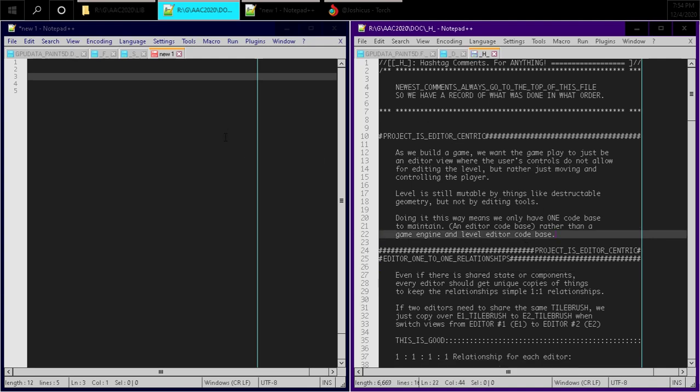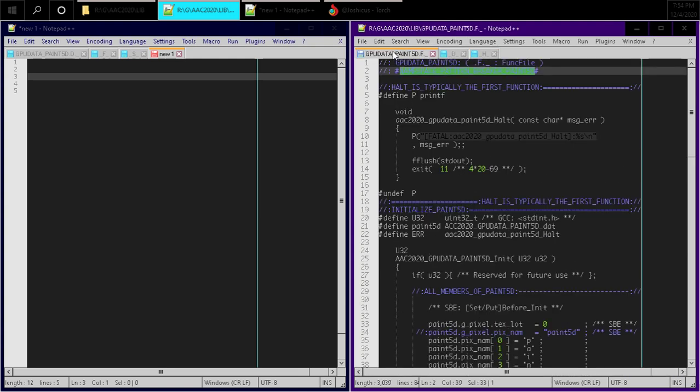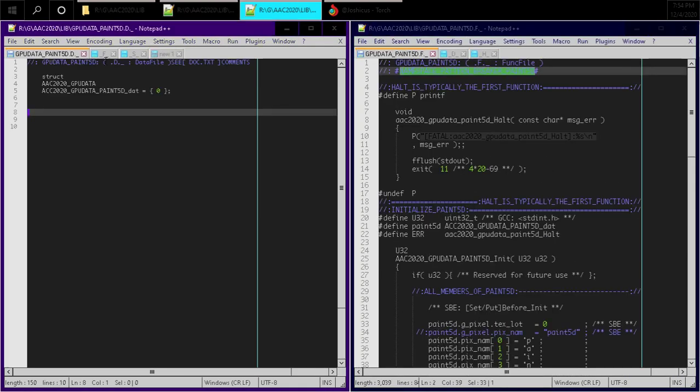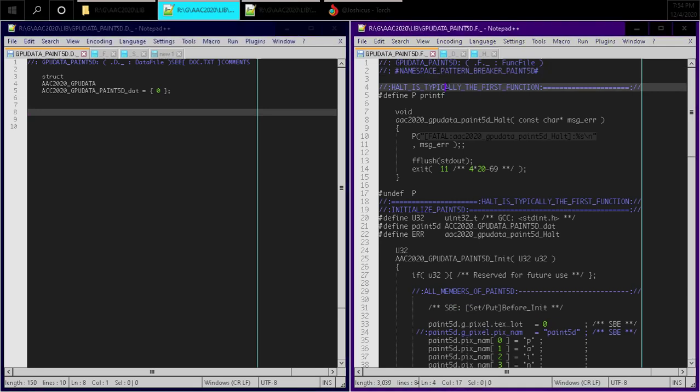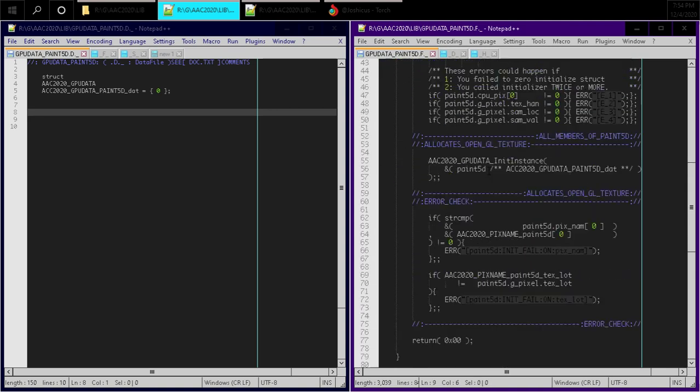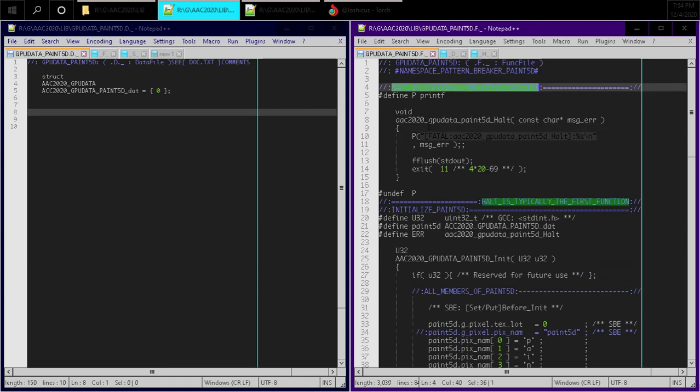And we'll just keep on taking notes as we're going and cleaning stuff up here. So let's go back to, so this is our data side. Let's look at our function side. We moved that. This is just a halt function. Halt is typically the first function. This is just like a section divider with an informative name, right? So for every sublibrary, we're going to typically have a halt function